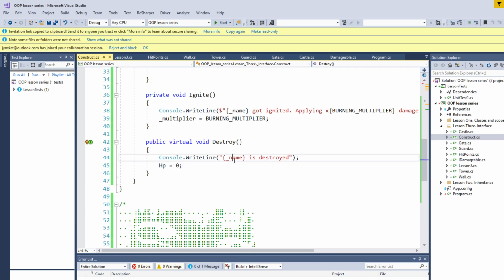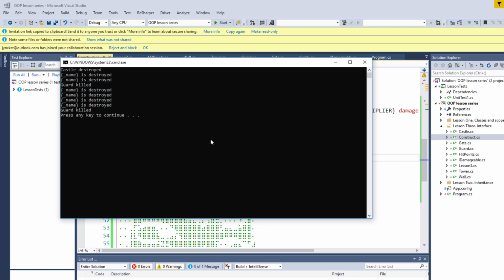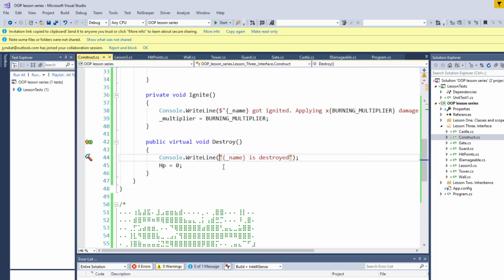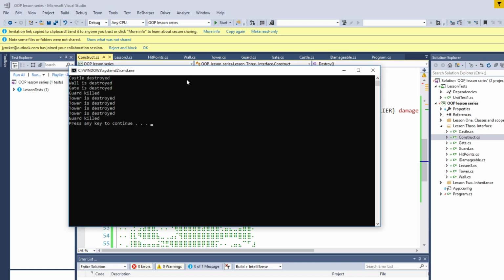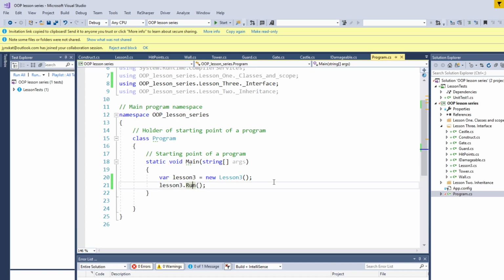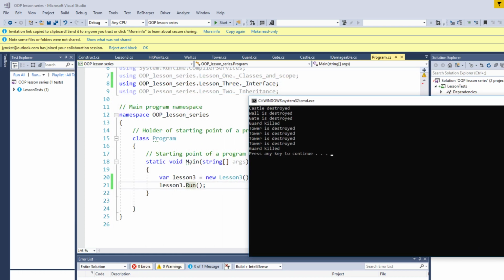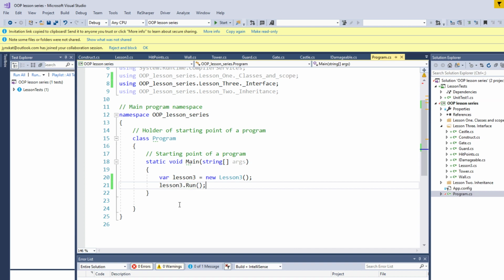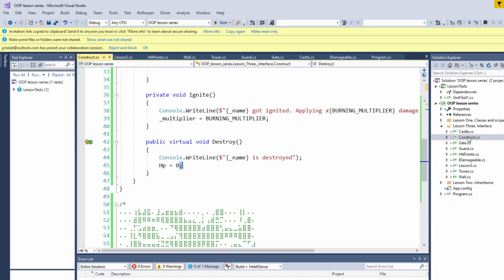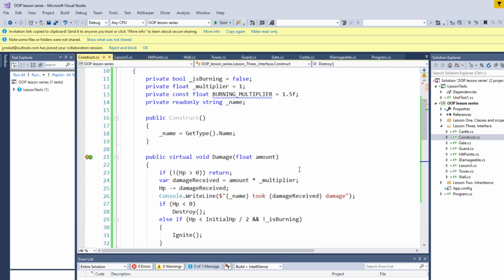Last but not least, let's run again. I forgot string interpolation here. Control 5. So now when we run, we see that each castle, wall, gate, guard, tower are destroyed. What else? So we changed our code quite a bit, and